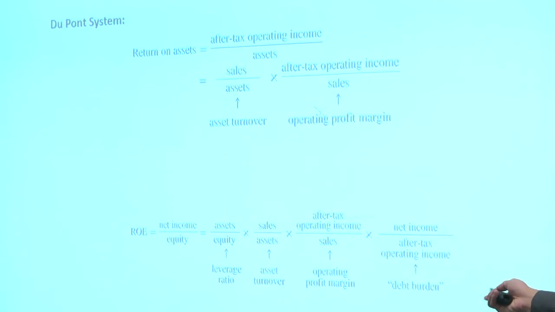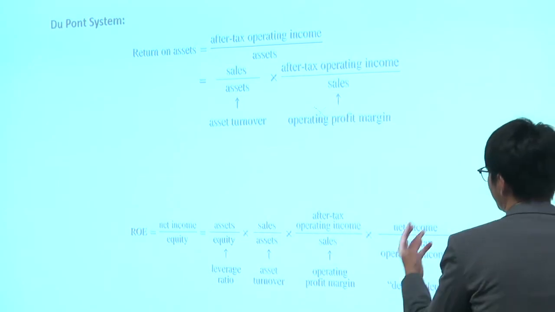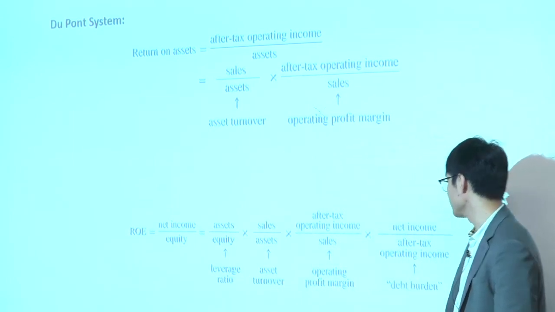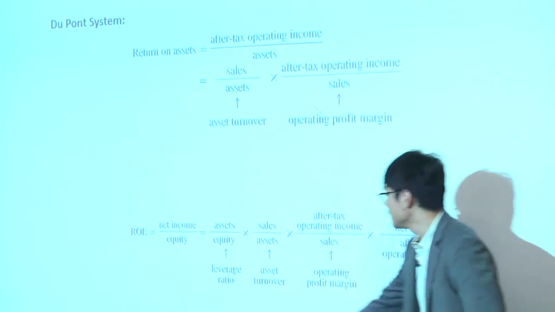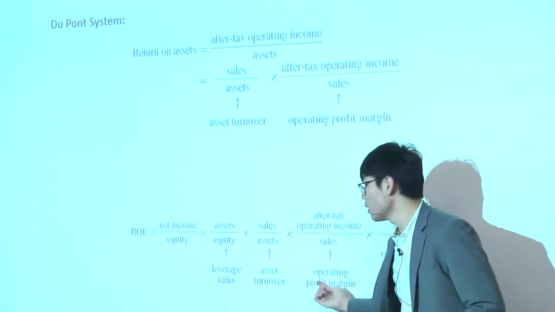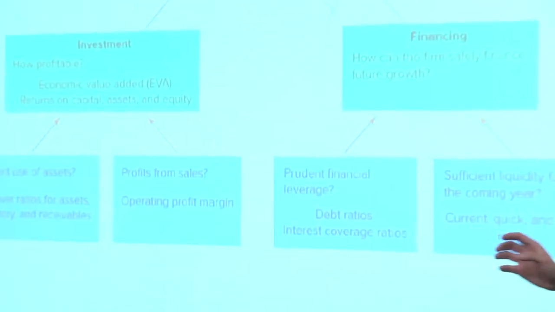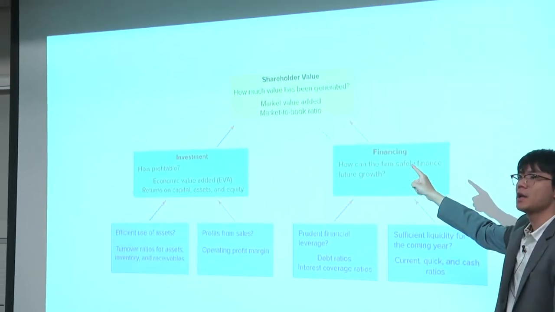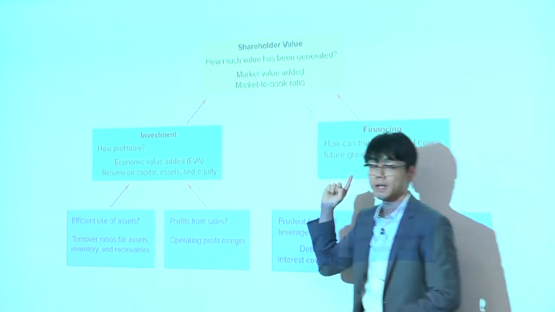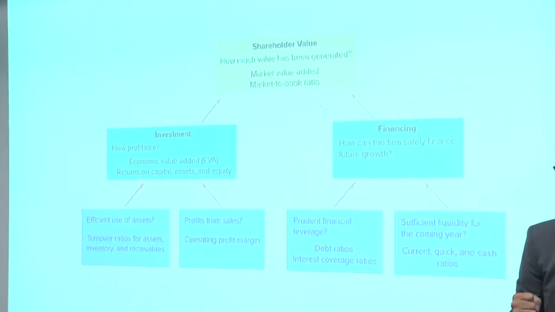But why do we decompose though? In the real world, you see financial statements. You can calculate those items one by one. So this gives more information. You can see that for this certain amount of ROE, we have leverage, asset turnover, operating profit margin, and debt burden. The leverage ratio and the debt burden are from the financing. These 2 are from the investment, if you look at this. So we decompose ROE into 2 parts of the firm's big decisions and see what contributes to the ROE.